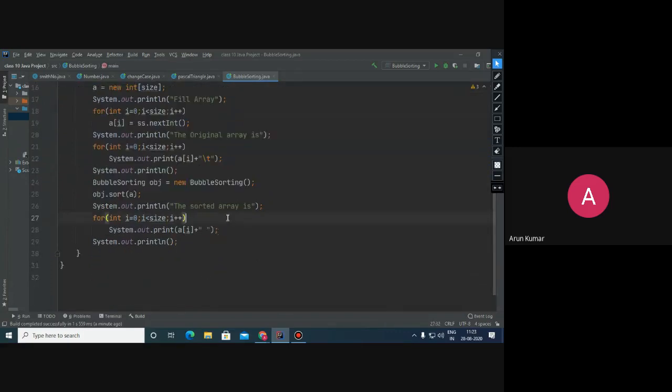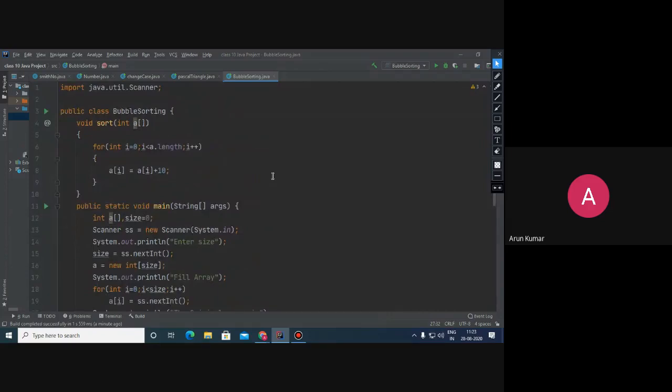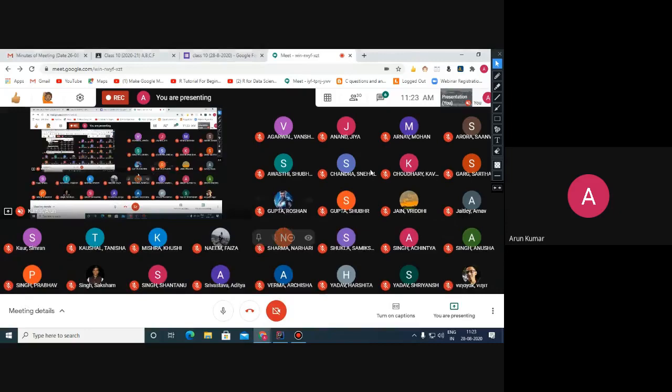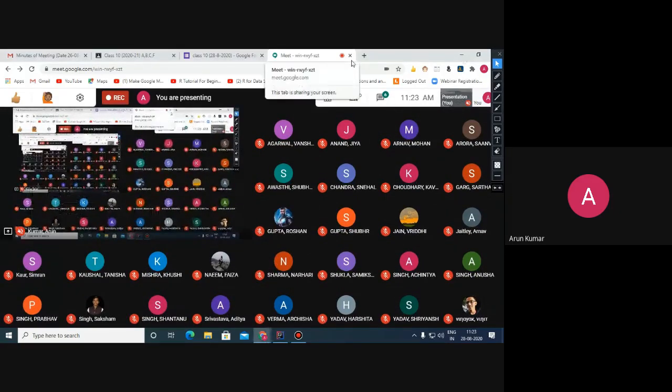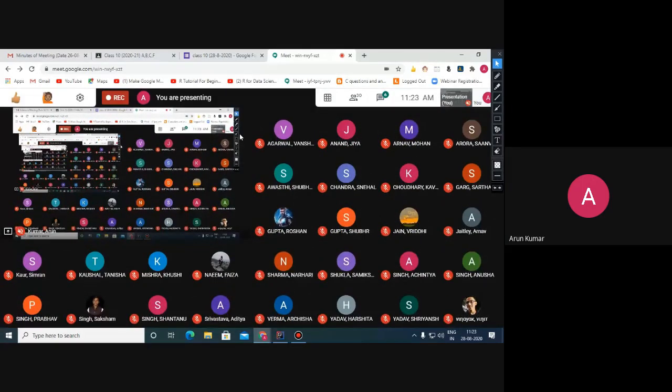So it simply means that the functionality of call by reference we will be using within the sorting process also. If any problem, what is the purpose of reference data type? If you don't know what a reference data type is and how it works, then please ask. And after that, I will be explaining the code of sorting. Please ask, children.